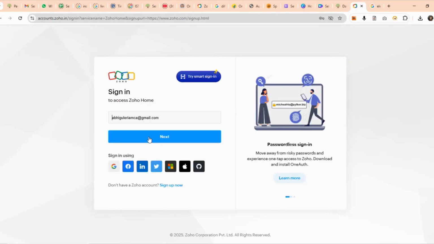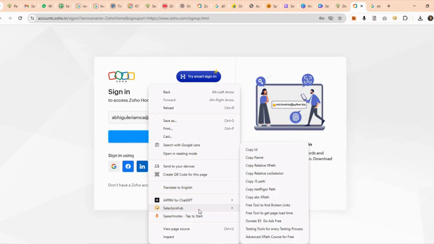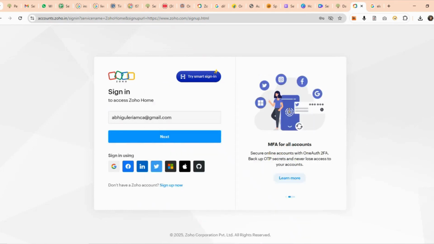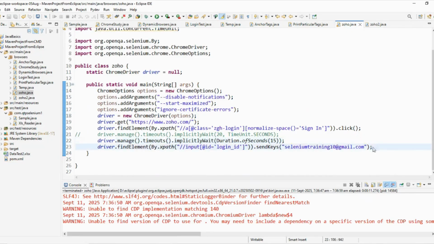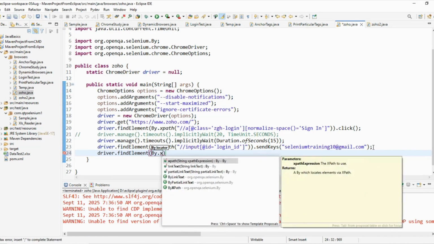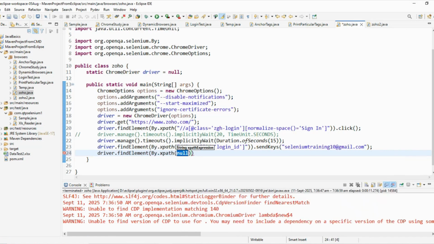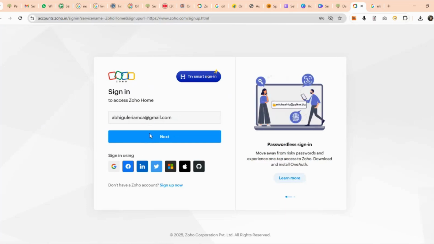this Next button. Now say select relative XPath. Can you either use the relative or full path also, right? Yeah, my choice. Because if I go with the full XPath,